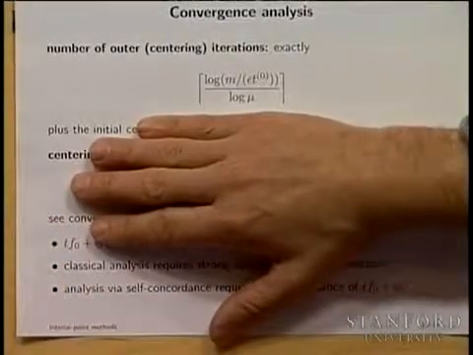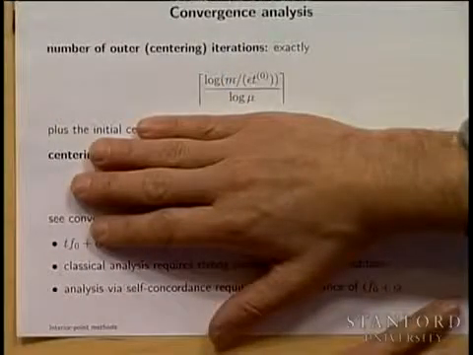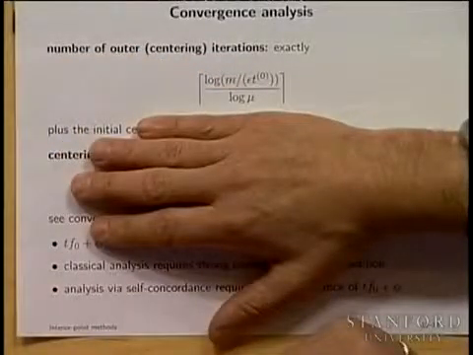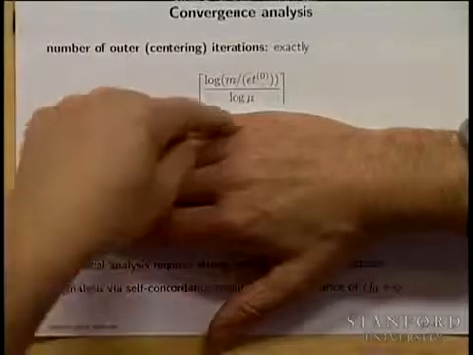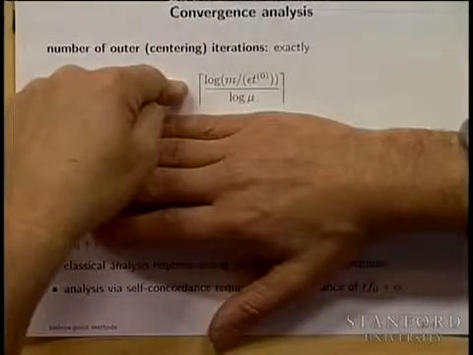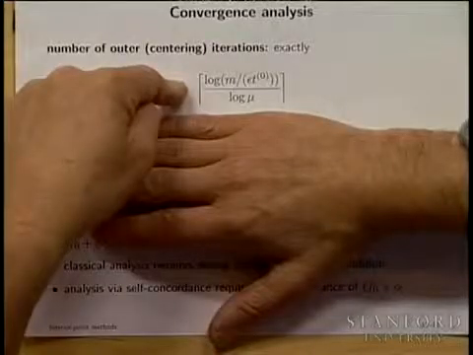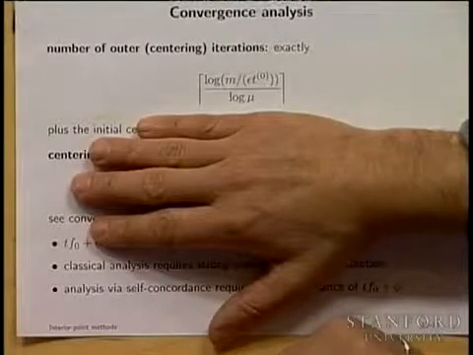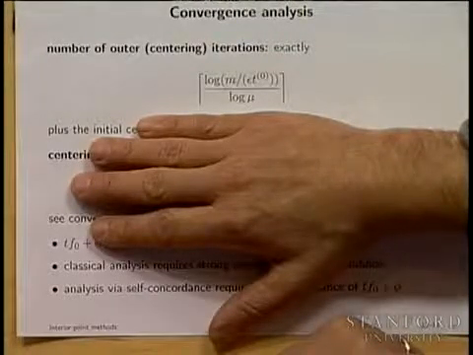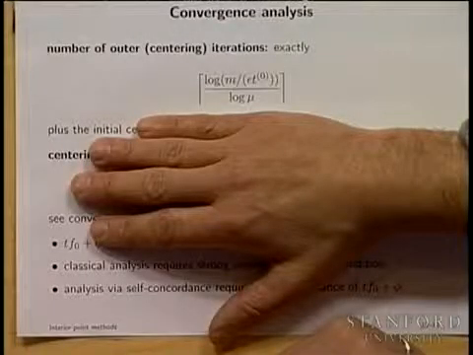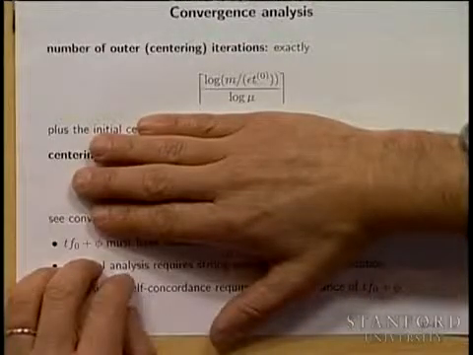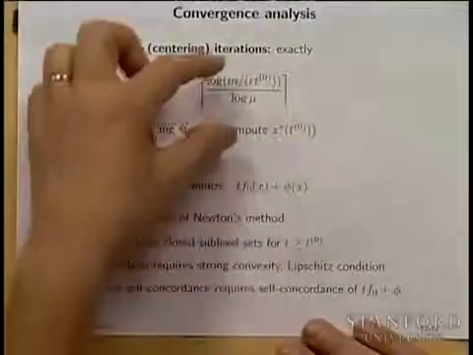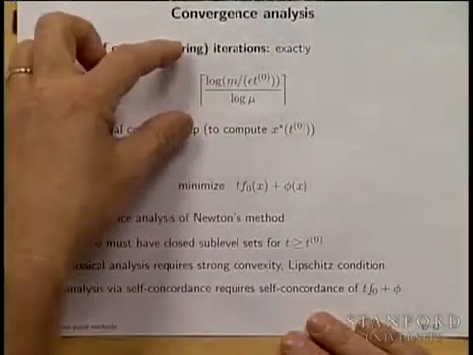Now, let's look at how this varies with mu. If mu is big, this number is kind of small. If mu is a little mouse step, like 1.01, this number is big. If mu is 1.01, log mu is about 0.01, so basically that's 100 in the numerator here. Log 1.01 is 0.01, kind of, very close. Okay, so that correctly reflects the variation in the number of outer steps is monotone